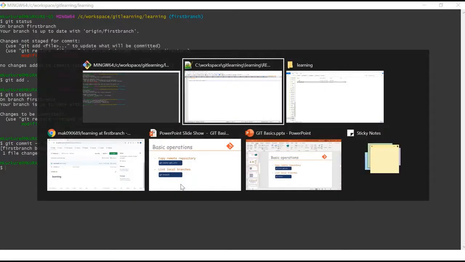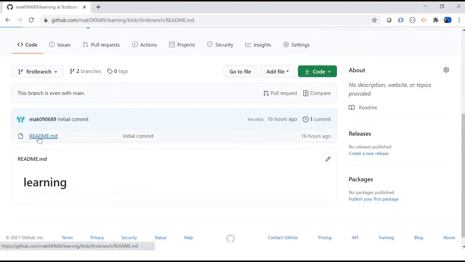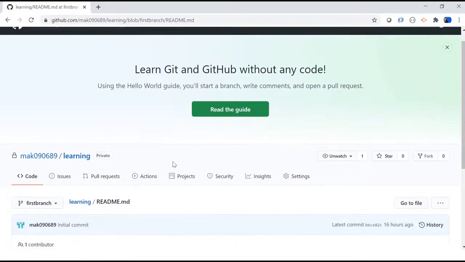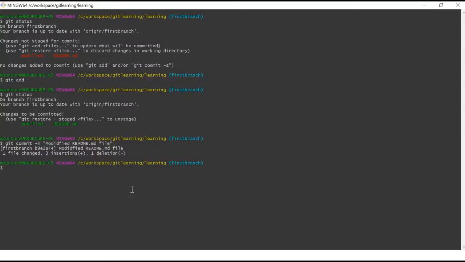If you go and look at the browser, you can see there is nothing over here. It is just "learning". So we have modified the content, but it is not there. We need to do git push in order to push the changes from the local repository to the remote repository, as we have seen in the earlier slide.